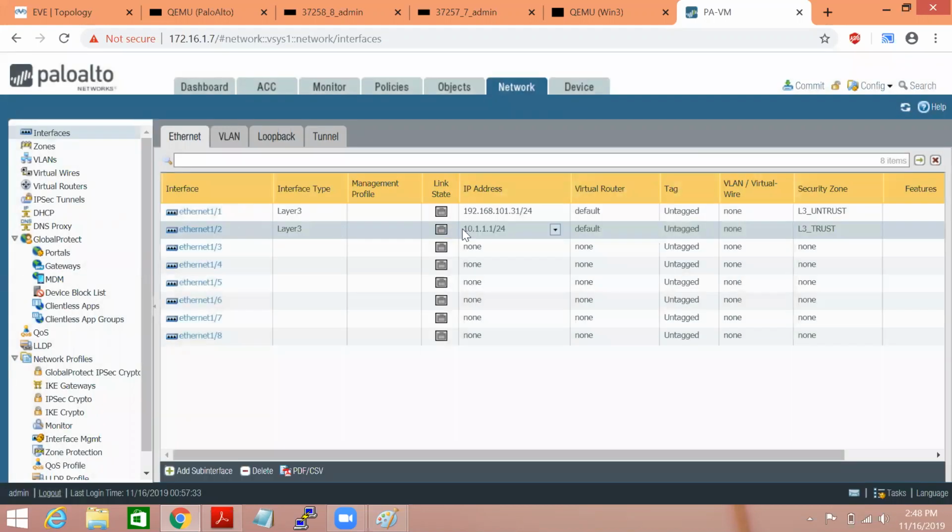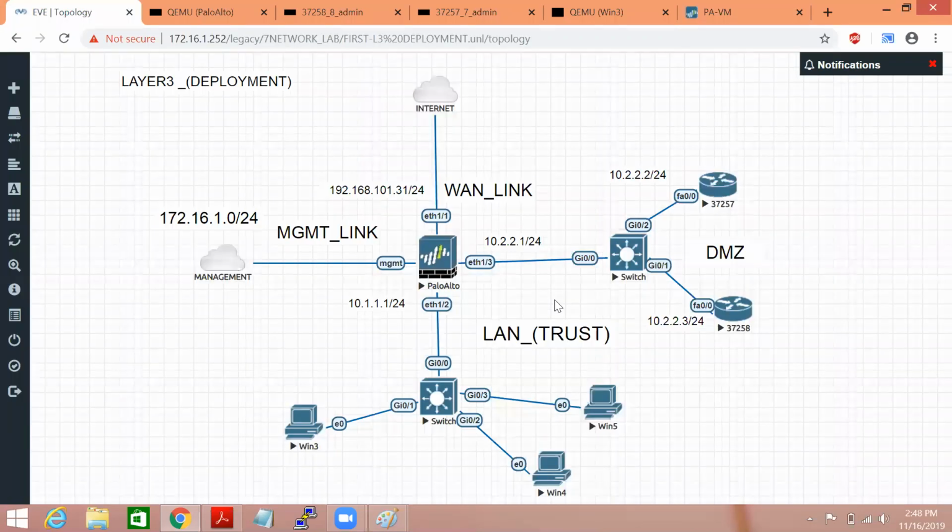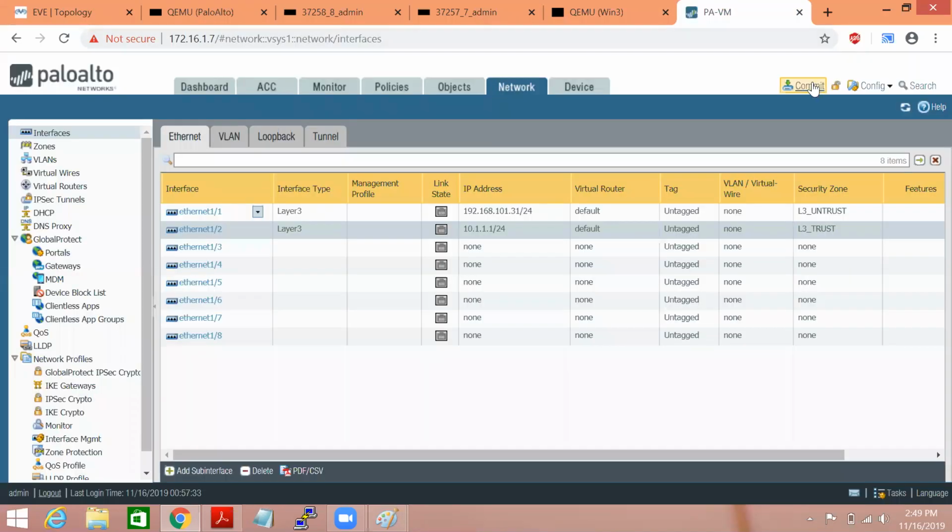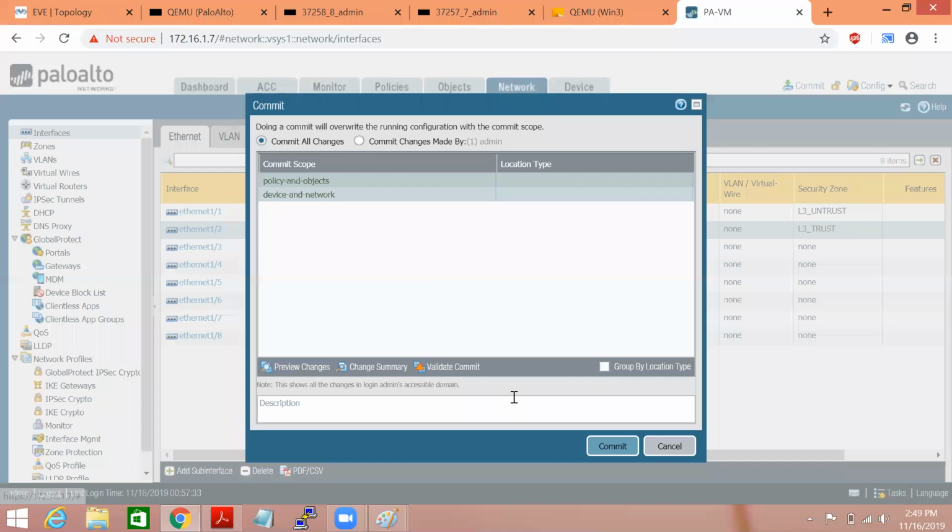So you can check these 2 interfaces I've configured, and the last interface I'll configure with the help of CLI. In order to make the configuration change permanent, you just have to commit.